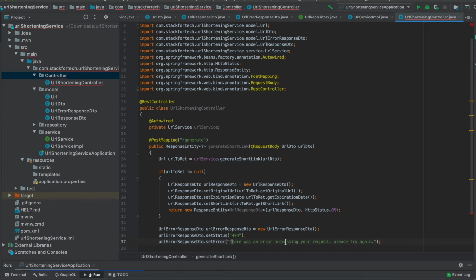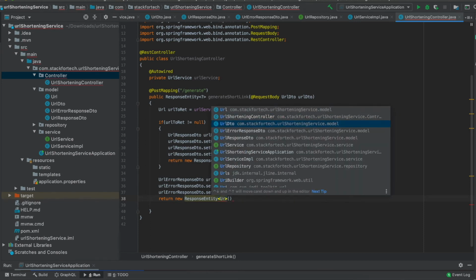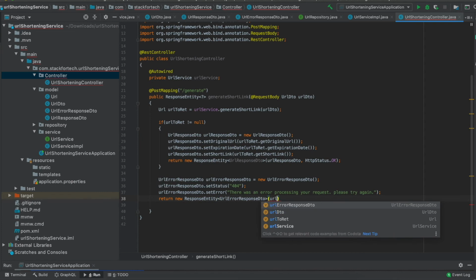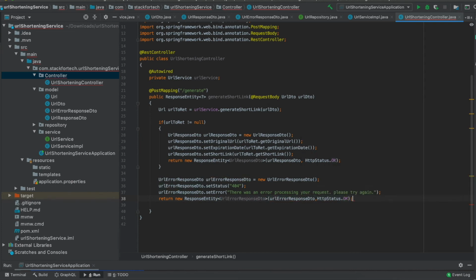And we will be returning this. So return new ResponseEntity of type URLErrorResponseDto, URLErrorResponseDto comma HTTP status. Okay, cool. So now we are ready with our first endpoint.